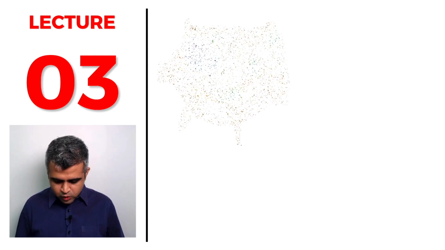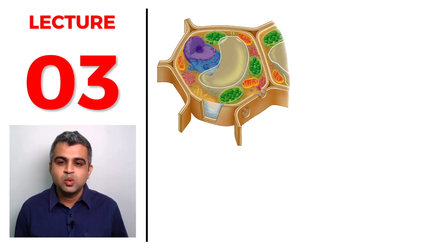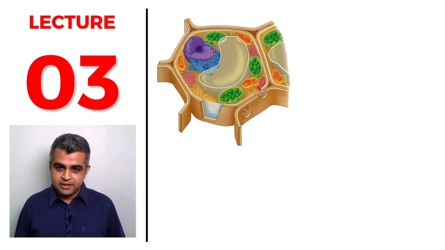And then I showed you this image and I asked you, what kind of a cell do you think this is? Majority of you gave the right answer that this is a plant cell based on the cell wall that you were able to see. In fact, in the last lecture, I had also mentioned that cell wall is one of the reasons why plant cells appear to have a fixed shape. They are not dynamic. They appear to have a fixed shape because this dead cell wall doesn't really help them to change their shape. So everybody correctly said that this is a plant cell.